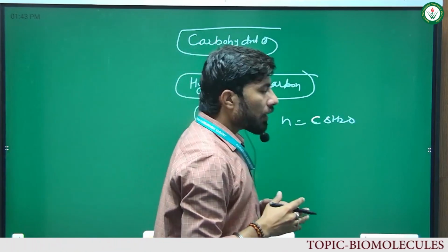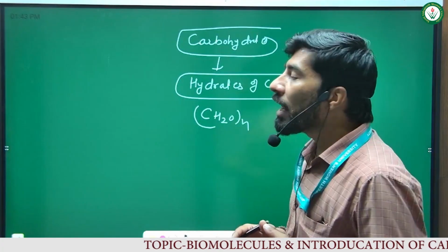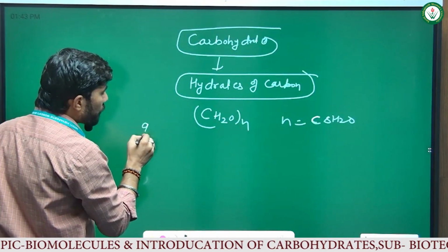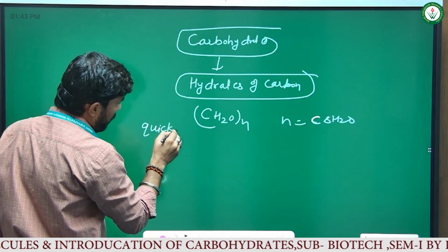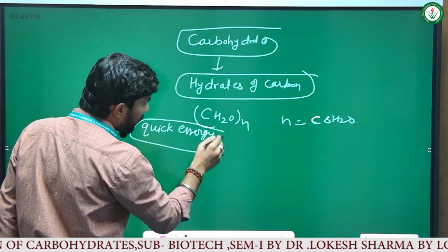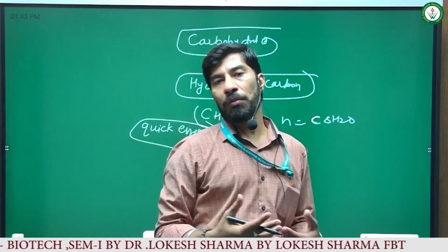Basically, carbohydrate is known as a general energy source. Carbohydrate is a quick energy source. It means when we demand a supply of ATP or energy, carbohydrate is generally the first biomolecule that